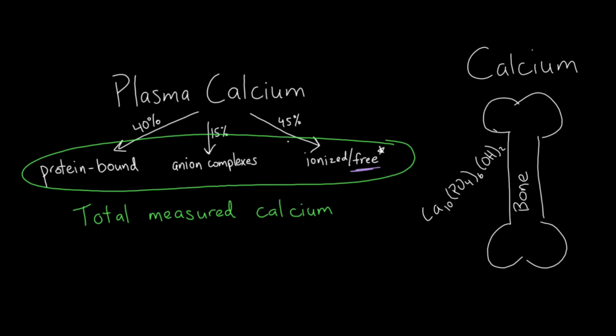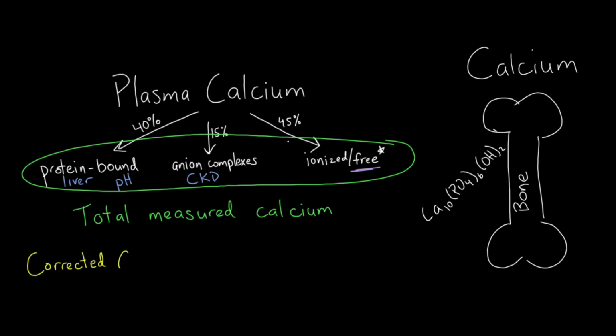However, the total calcium may be misleading in certain circumstances, such as in patients with changes in albumin, like with liver disease, coexistent acidemia or alkalemia, because increased pH will increase binding of calcium to albumin, and in patients with chronic kidney disease, who may have the previously mentioned issues as well as changes in phosphate levels.